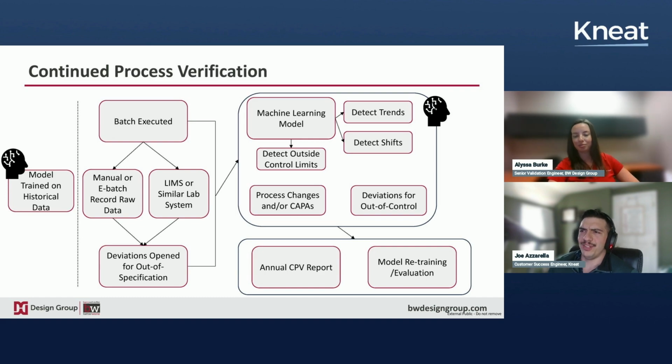Yeah, just one little thing to chime in. So this diagram does a fantastic job of laying out the potential flow of data for that CPV process, keeping that Pharma 4.0 mindset. All I want to emphasize here for our audience today is that for each of these arrows, so for example, the movement of that batch execution data into a LIMS system, is to really spend the time to figure out what systems or what intermediaries are best for that particular application, as opposed to kind of a one-size-fits-all approach for